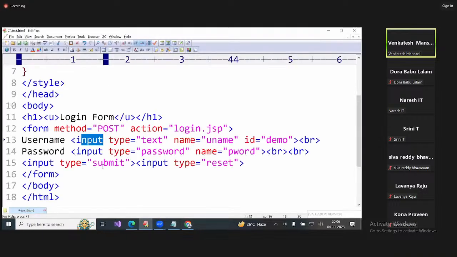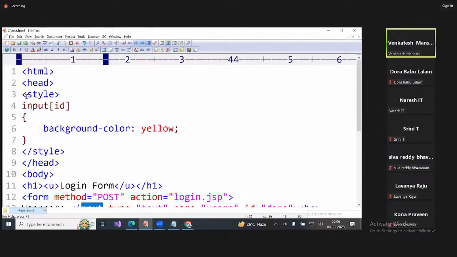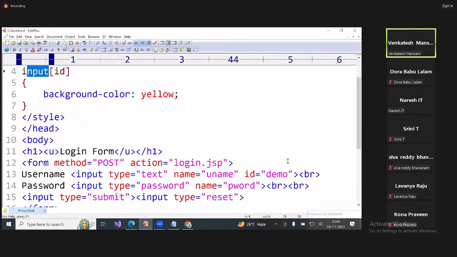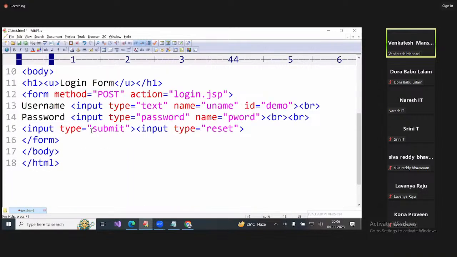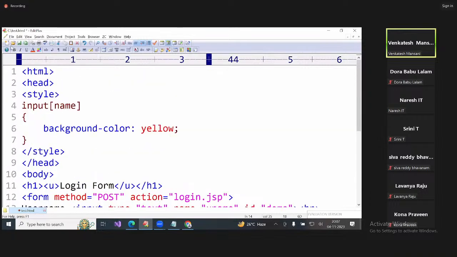This is a concept. Same. If you write like this, it will search for the ID attribute in the input tag. That is only selected to style. Now, if you write name here, it will search for name in the input tag. That is only selected to style. Name is present in this input also, in this input also. So username and password, both are selected. File, save. If I run,